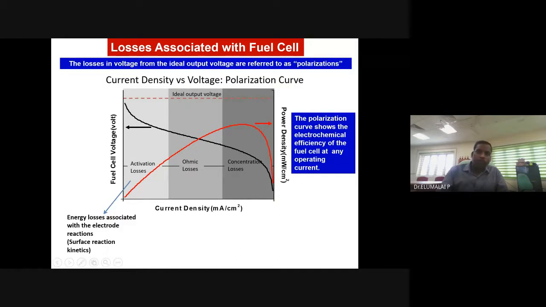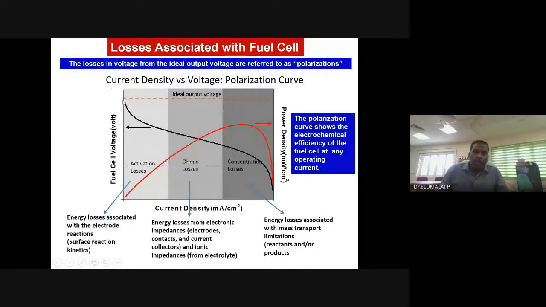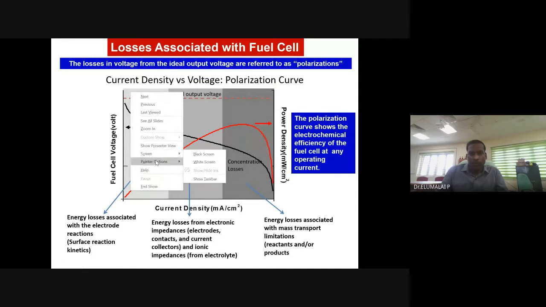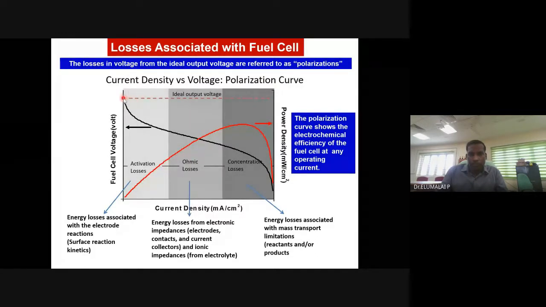So you see here, when you make a fuel cell, if it is a hydrogen oxygen fuel cell, theoretically it should generate 1.23 volts like this. The ideal IV curve should have been like this, but practically it is like this. Initially more potential and it declines. After that it comes to 0. This is how ideally it should have been, but practically it is like this.